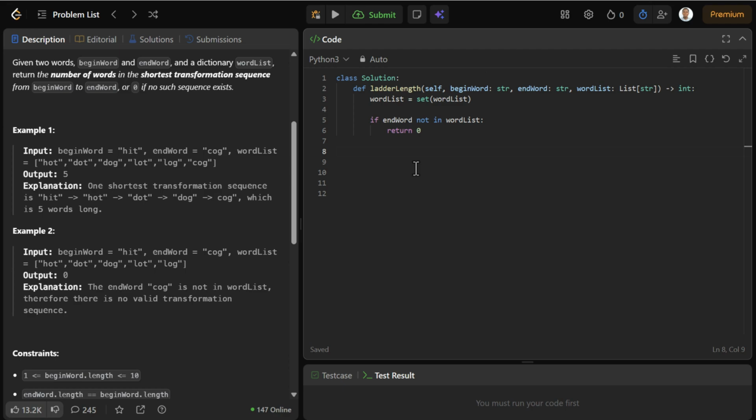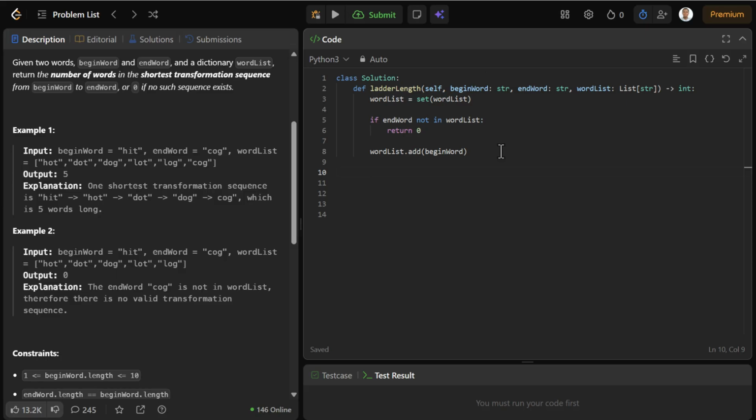So we can say wordList.add. Since this is a set, we can use .add, not .append. We use append for a list, but we use add for a set. So we can add the beginning word. Now that we have the beginning word, we can go ahead and start creating the